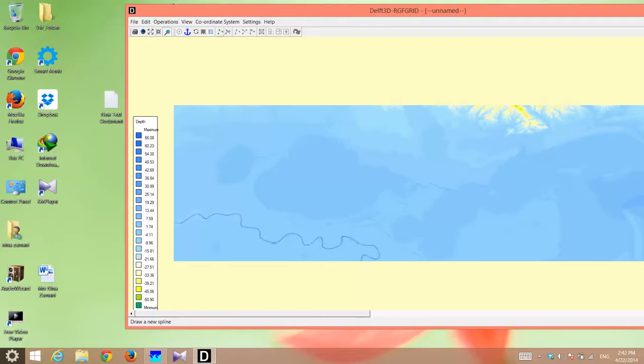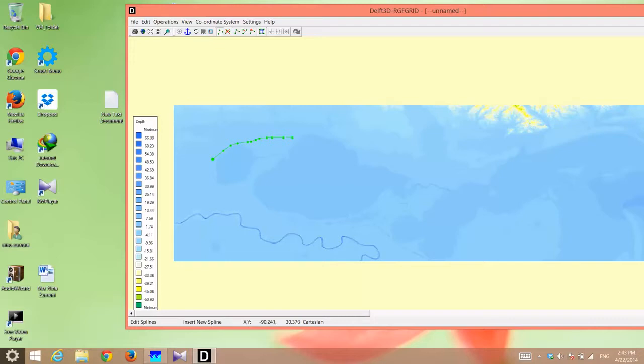And in order to start, I have to select this tool here, this tab. It's called Draw a New Spline. So I grab this, and let's get started. So I have to pick some splines depending on how I want my curvilinearity to be. So let's say I start on here,